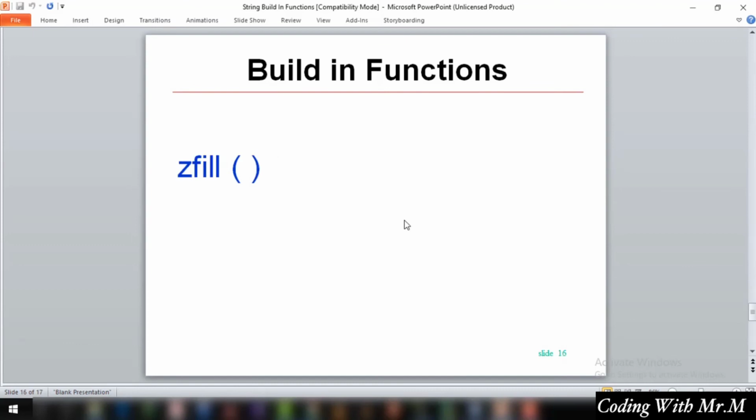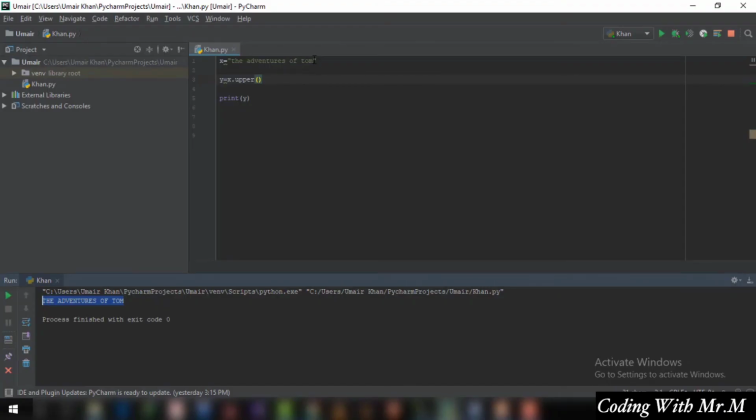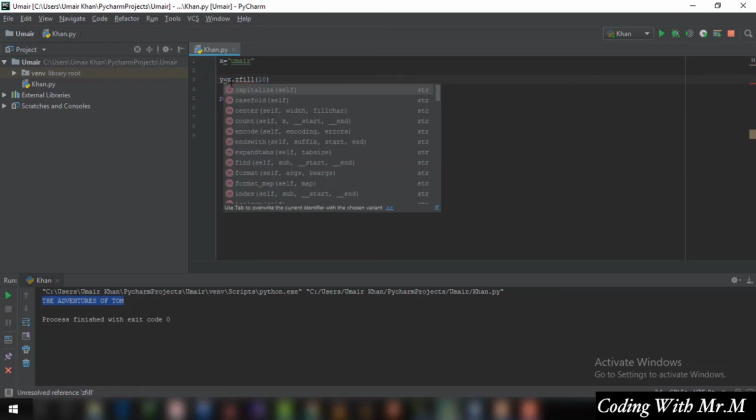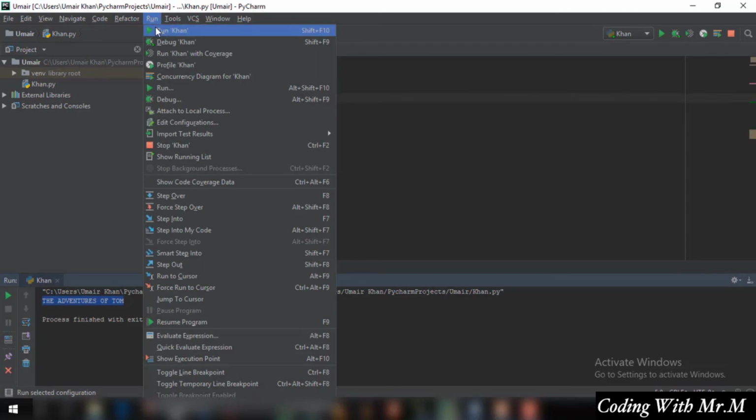The last one is zfill. The zfill method adds zeros at the beginning of the string until it reaches the specified value. Let me just give you a simple example. For example, if I have just Umair over here, and I want to use this zfill, and I want to fill this to, let's say, 10 characters, with x.zfill. Alright, so if I just run it now,